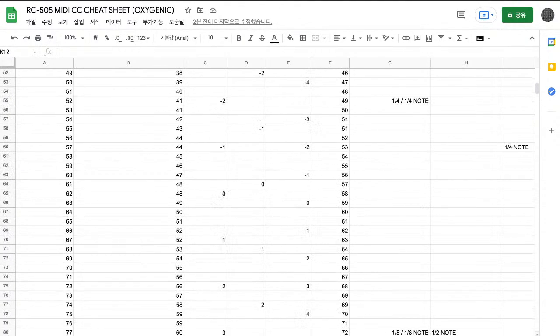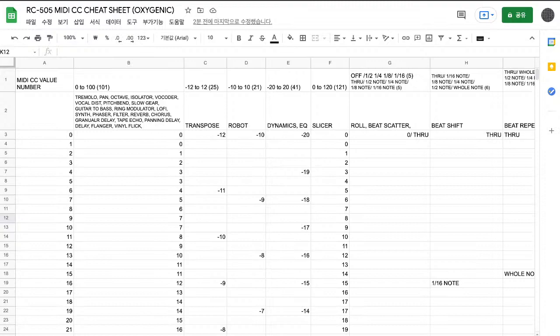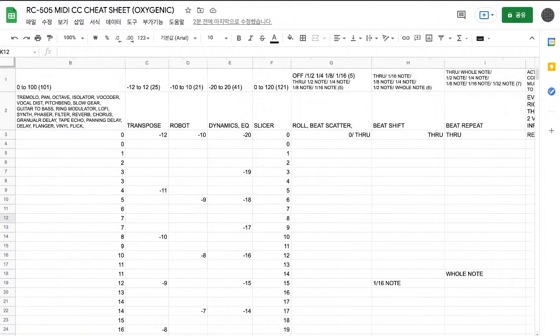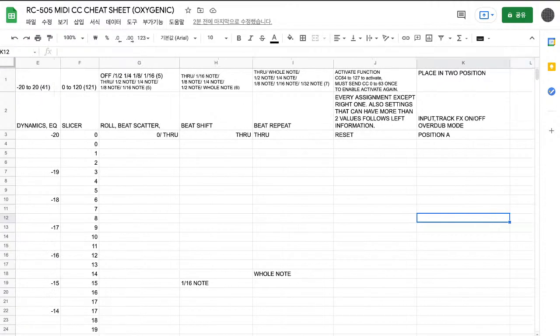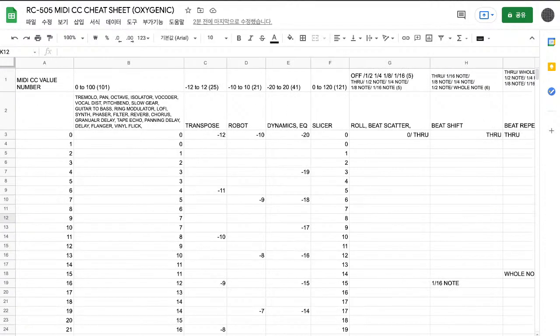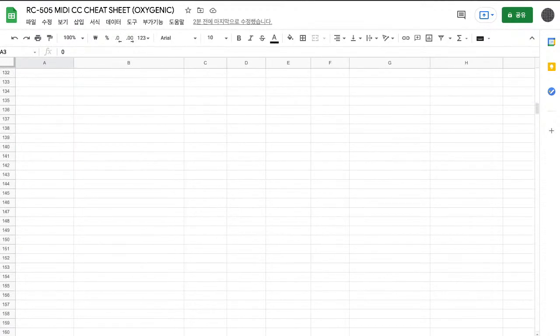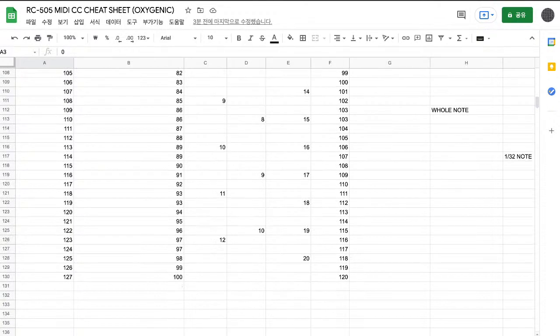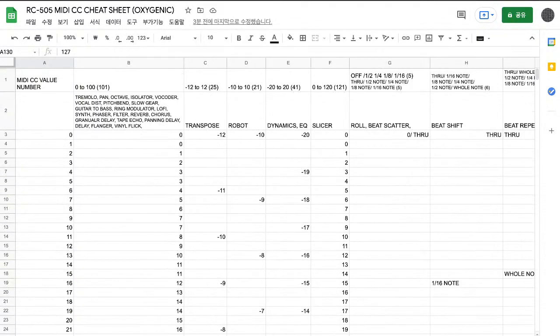So we basically know that we can control the parameters of the effects, like input effects, track effects, and any assignment through the MIDI CC. And the value starts from 0 and goes to 127 here. And each parameter has a maximum and minimum value. For example,